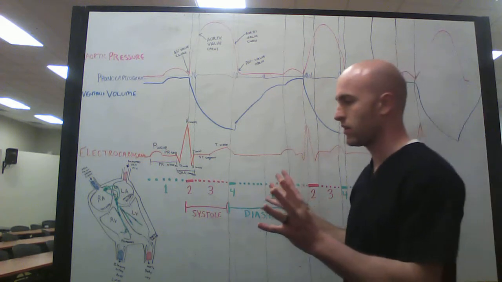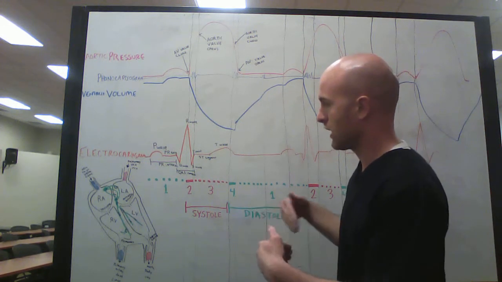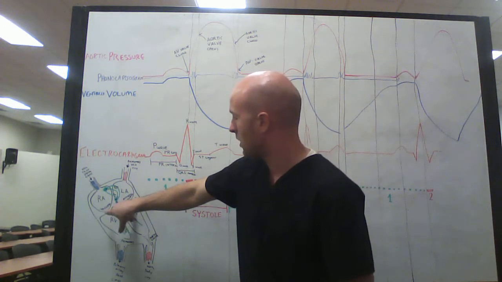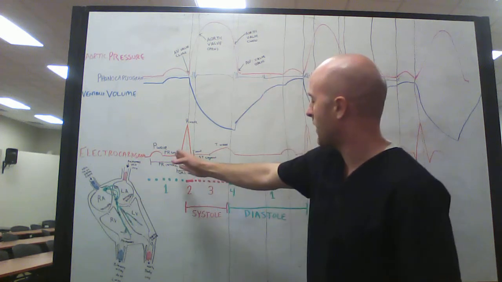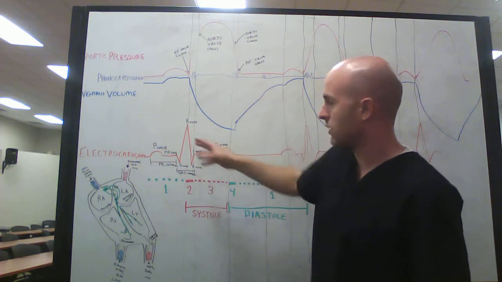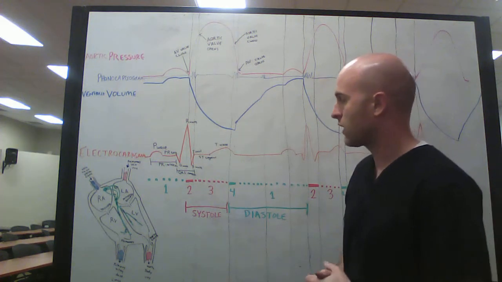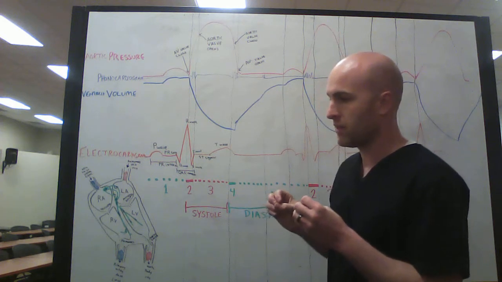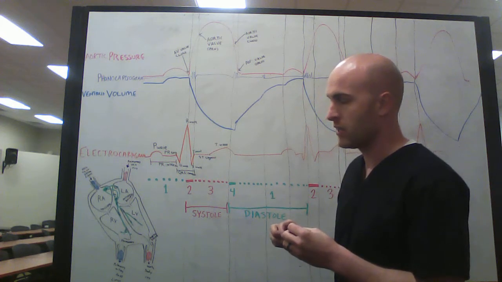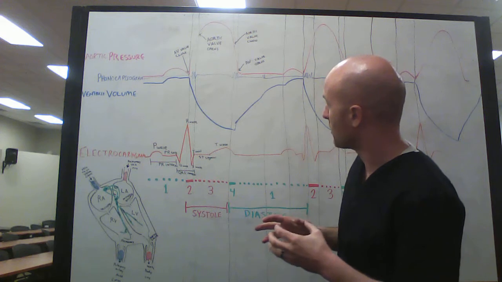And it's the backward contraction of the ventricles that actually causes these AV valves to close. There's no valves up here, so these ones close. When they close, right during the peak of ventricular depolarization. And following the ventricular depolarization is when the muscle is going to begin to contract, and